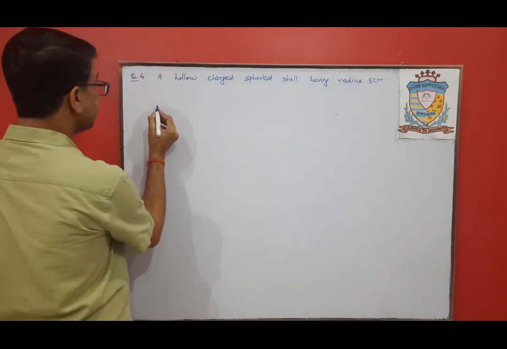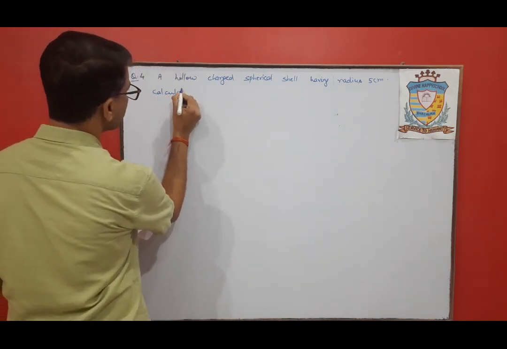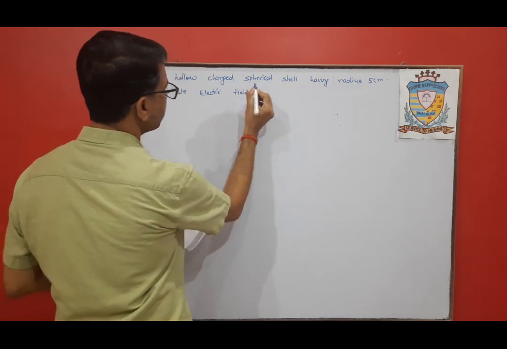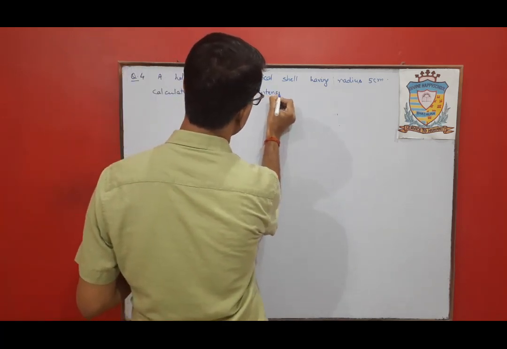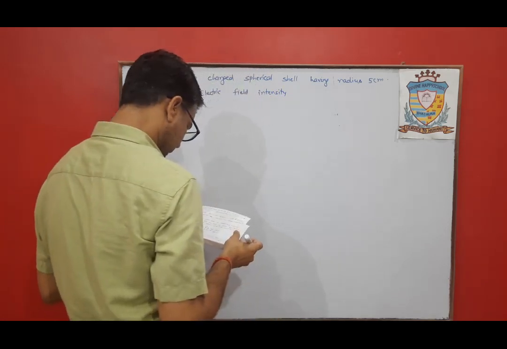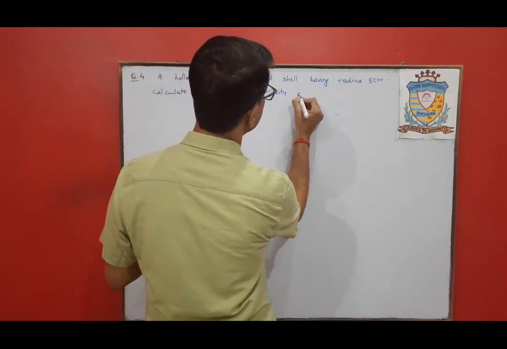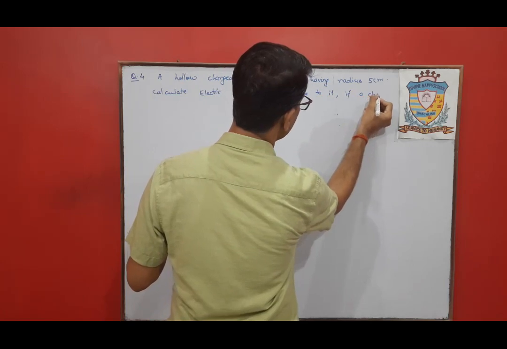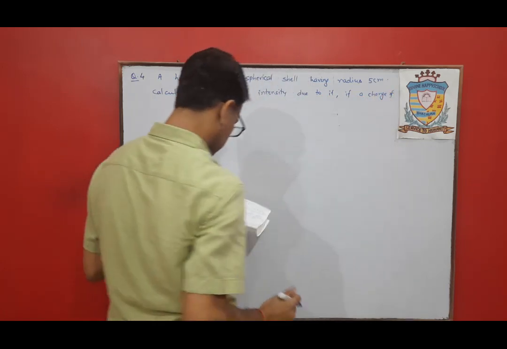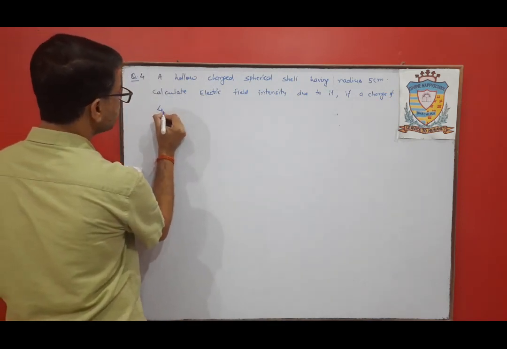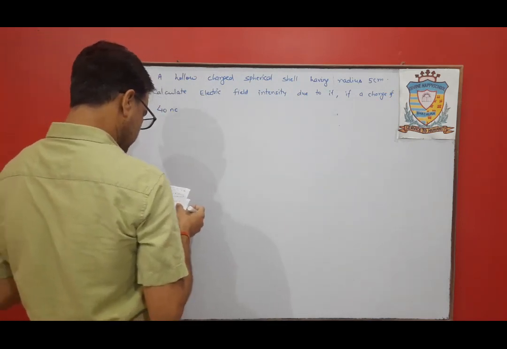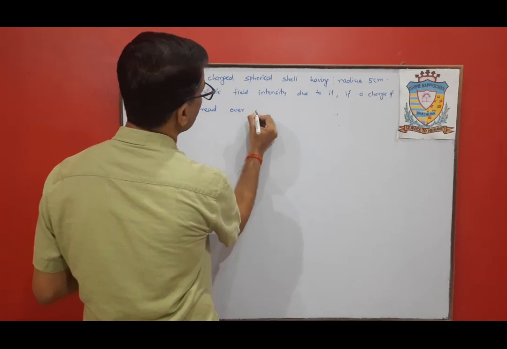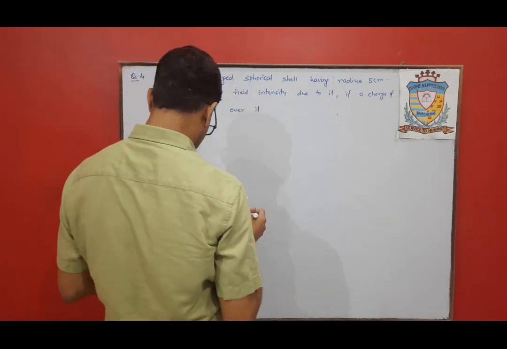Calculate the electric field intensity due to it if a charge of 40 nanocoulomb is spread over it uniformly at a point: